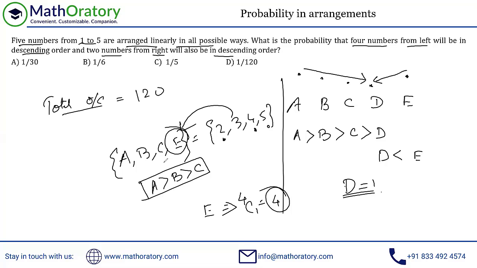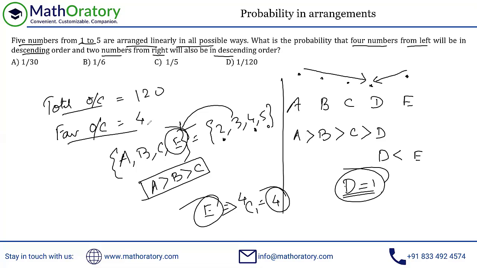So effectively, the only choice that we have is for E among four numbers, not five numbers, by the way. D is fixed to be 1. So E can be picked from any of the four numbers, that is 2, 3, 4, 5. And once you pick that, everything is arranged. So that is the favorable outcomes, right? The favorable outcomes in this case is simply 4, because the only choice is for E out of the four numbers 2, 3, 4, 5. So the required probability will be 4 upon 120, which is 1 by 30, option A.